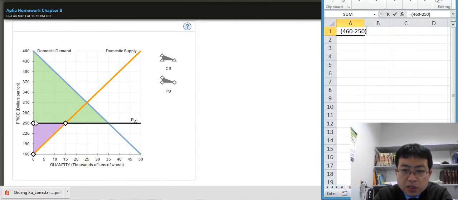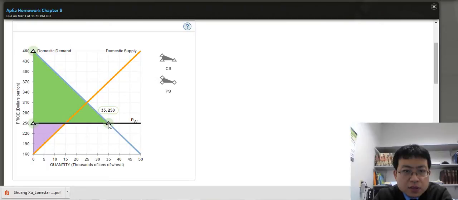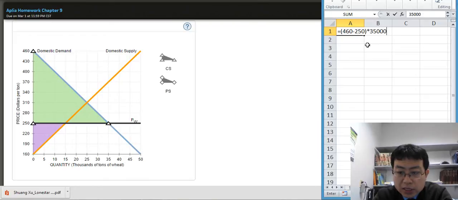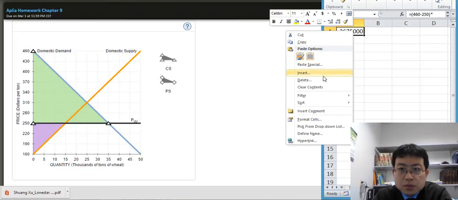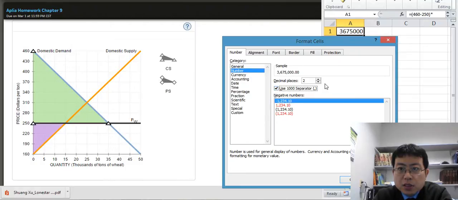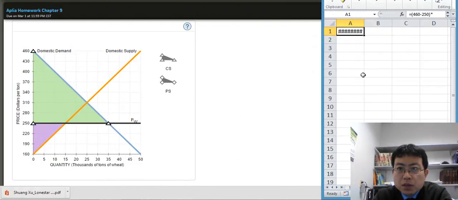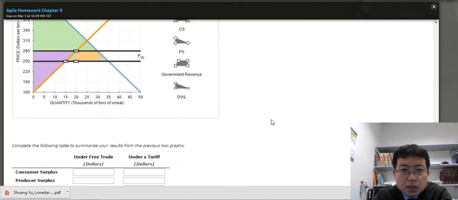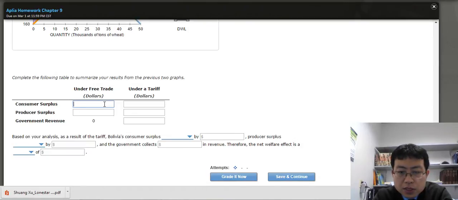That's your vertical distance, times 35,000, which is right here, and then divided by 2. So it's about 3.675 million, 3,675,000. And then for our producer surplus,